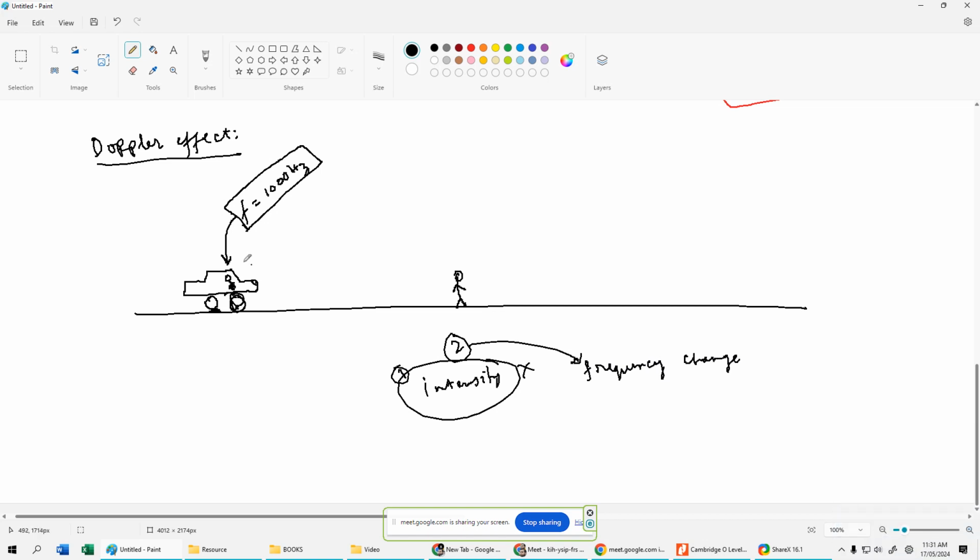How does the frequency change? Whenever the source gets closer to the observer, this is our observer, so I'm going to write OBS, and this is our source, they observe higher frequency than the source frequency. So যতক্ষণ পর্যন্ত এই গাড়িটা পার্সনের কাছে আসতে থাকবে, তার হার্ড ফ্রিকোয়েন্সি 1000 হার্টজের থেকে বেশি হয়। কেন বেশি হয় সেই এক্সপ্লেনেশনটা পরে আসতেছি। এবং যখন এই সোর্সটা পার্সনটাকে ক্রস করে এদিক থেকে এদিকে চলে যেতে থাকবে, তখন তাদের অবজার্ভ ফ্রিকোয়েন্সি 1000 হার্টজের থেকে কমে যায়।